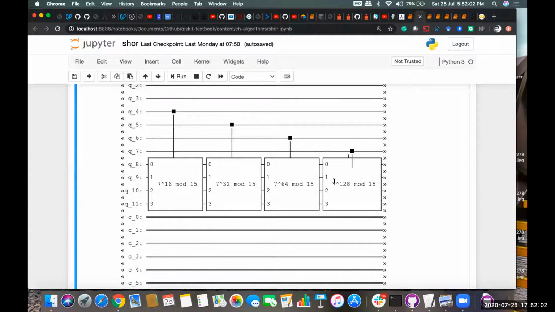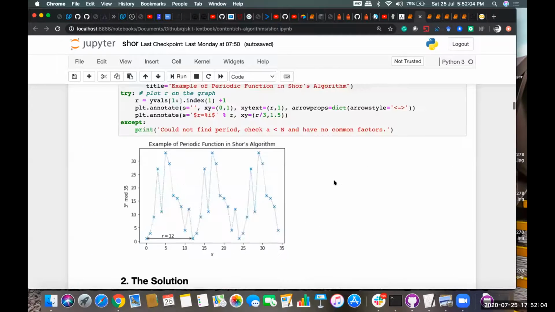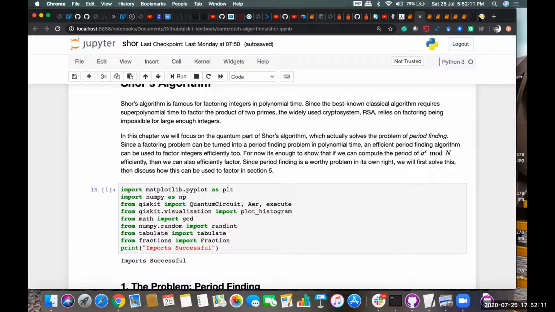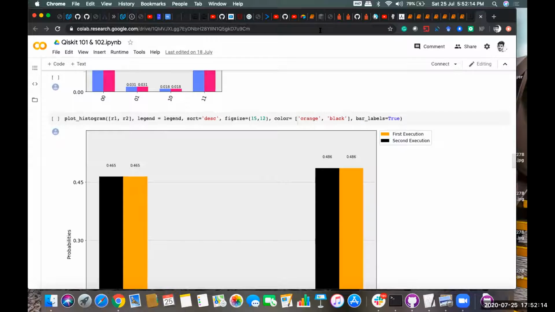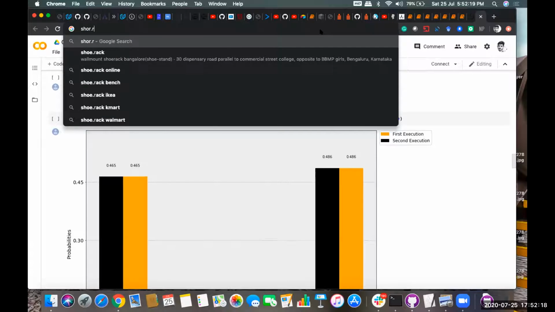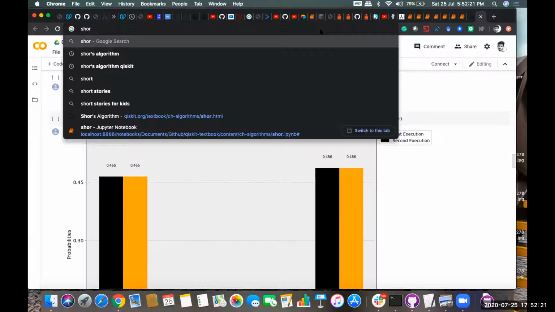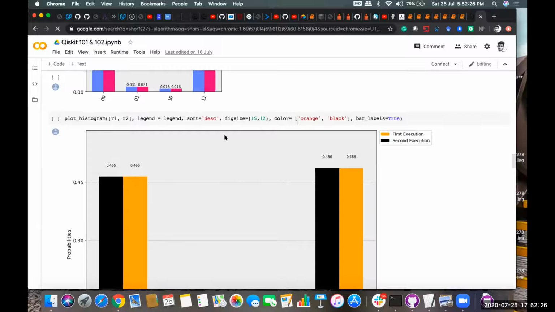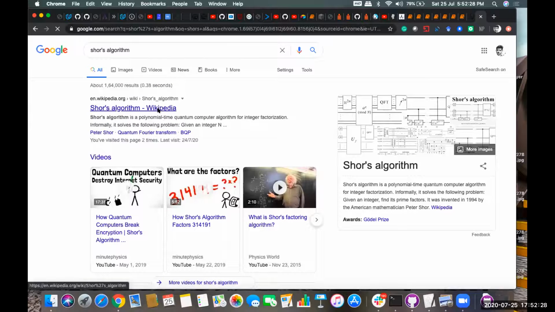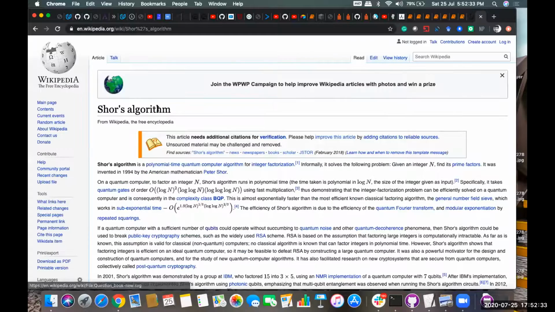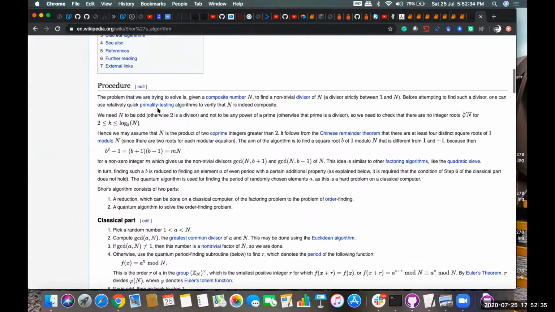So this is the Shor's algorithm implementation from scratch. But if you can understand the concept, like how Shor's algorithm works and what are the steps involved, the Qiskit textbook already has a good number of resources available. On Wikipedia also, they have given a very clean and clear explanation of Shor's algorithm, as well as quantum phase estimation and quantum Fourier transformation. So if any of the topics which I was not able to explain clearly, and which is a bit confusing for you to understand, you can just go to this Wikipedia page.